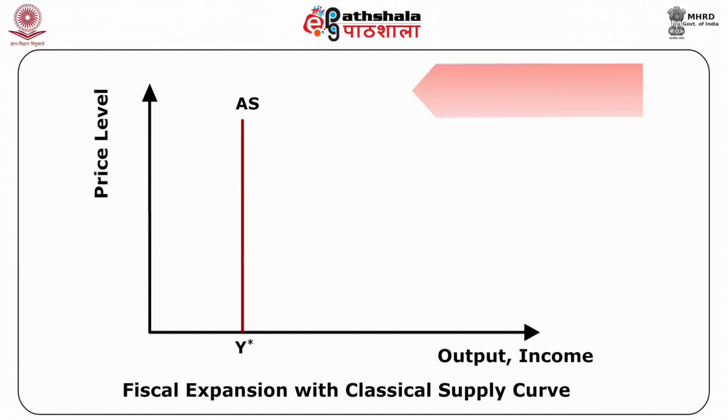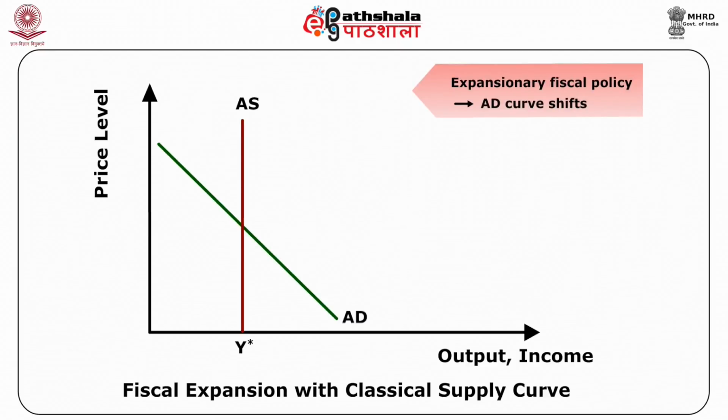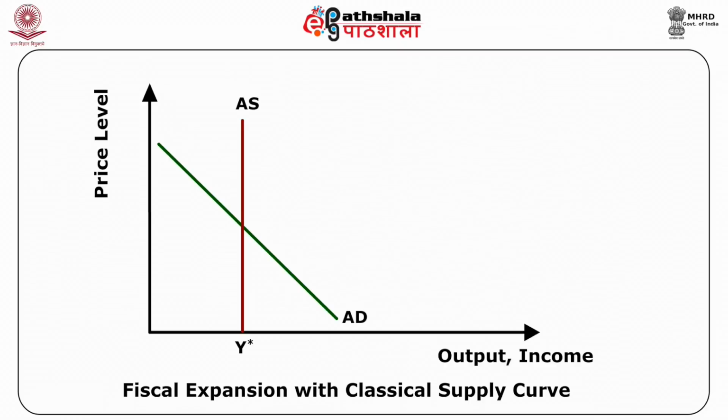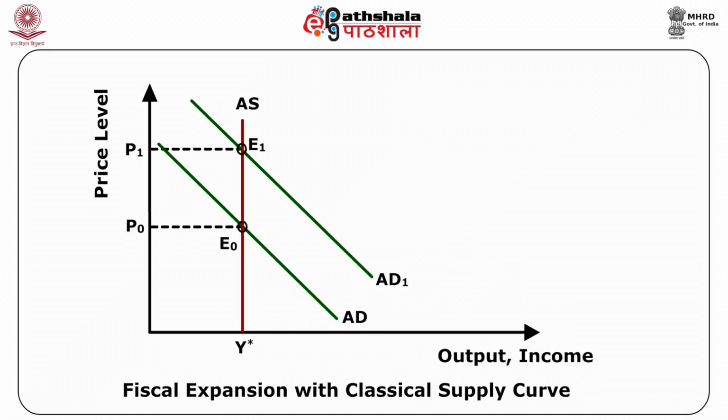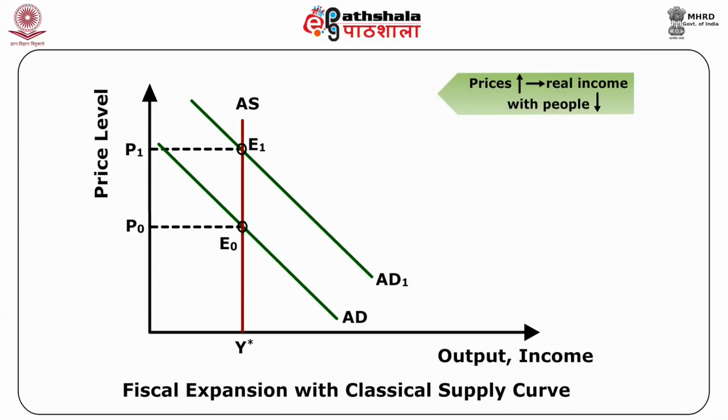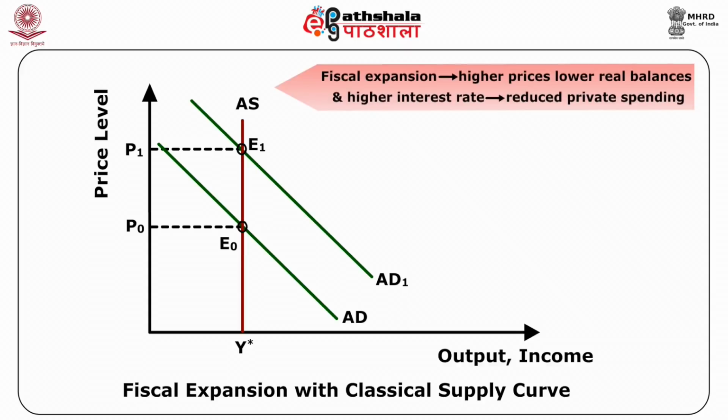As a result of expansionary fiscal policy, the AD curve shifts to the right from AD to AD1. At the initial price P0, the demand exceeds what the firms are willing to supply. This causes an upward movement of prices until AD and AS again equate at point E1. As prices rise, the real income with people falls. This implies that the fiscal expansion leads to higher prices, lower real balances, and a higher interest rate, and hence reduced